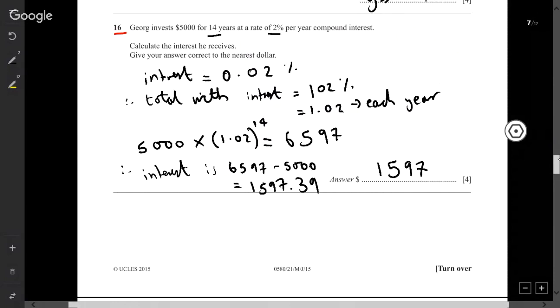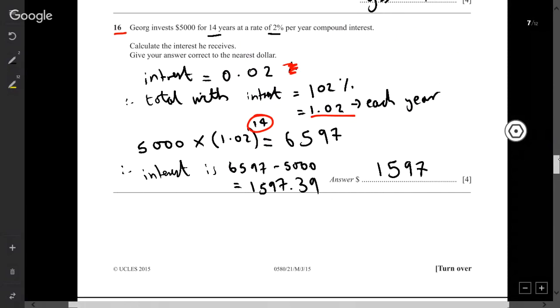Okay, so the interest as a decimal is 0.02. So the total with interest is 100% plus 2%, which is 102%. As a decimal, this is 1.02 each year. So we've got the total plus the interest. This is going on for 14 years, so we put it to the power of 14 rather than timesing that out by 14 times. So type that into your calculator, and it comes back with